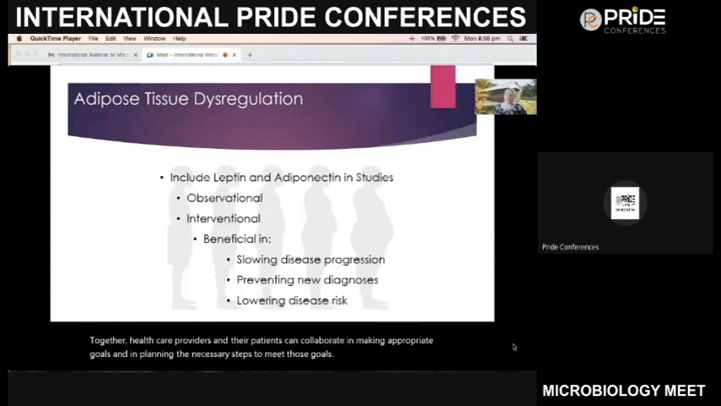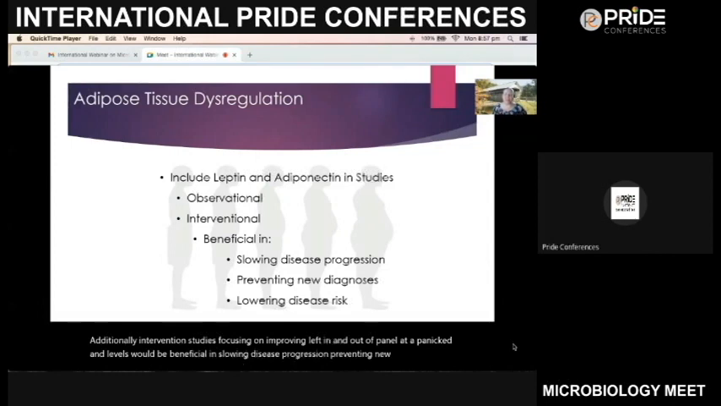As far as future research goes, including the measure of leptin and adiponectin in inflammatory studies may add valuable information to this process. Observational studies that assess the interactions of leptin and adiponectin with other hormones and markers will aid in the determination of the pathobiology involved in chronic diseases. Additionally, intervention studies focusing on improving leptin and adiponectin levels would be beneficial in slowing disease progression, preventing new diagnoses,